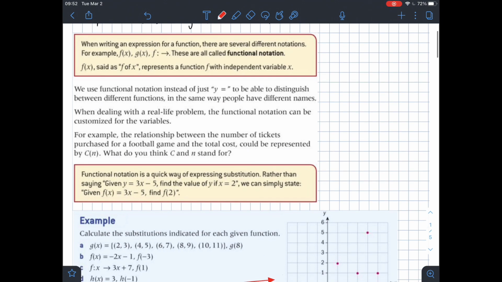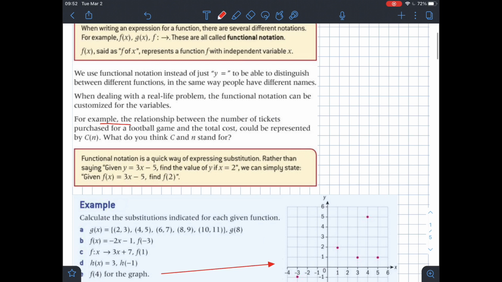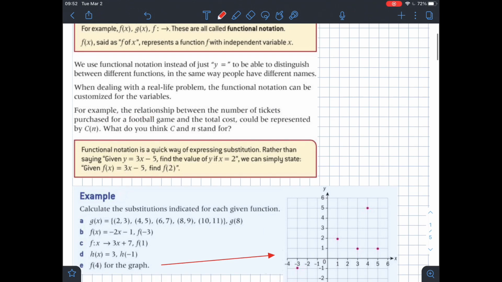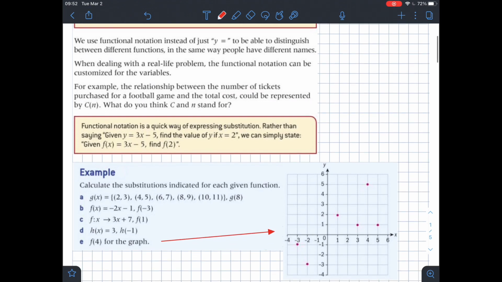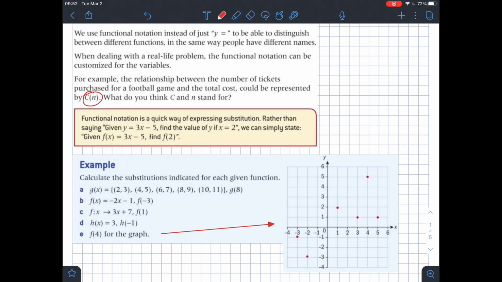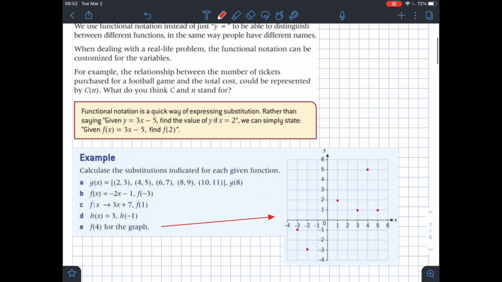When dealing with a real-life problem, the functional notation can be customized for the variables. For example, the relationship between the number of tickets purchased for a football game and the total cost could be represented by C of n. What do you think C and n stand for? Well, in this case, C is the total cost, right? We're talking about the total cost. And n is the number of tickets purchased. So you see how we can customize the letters depending on the problem and the situation